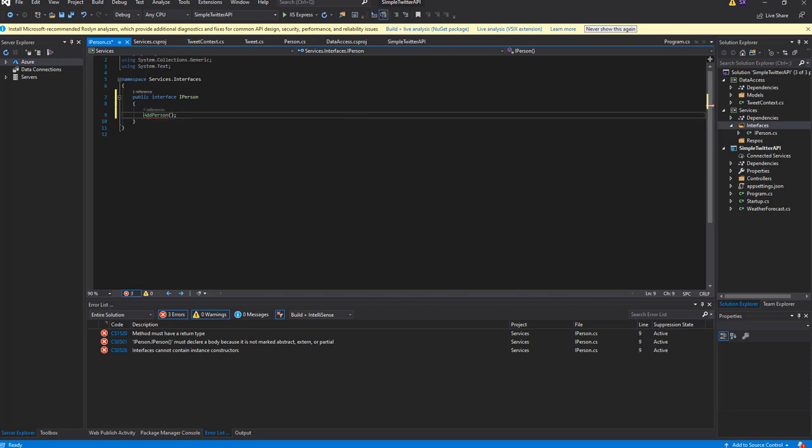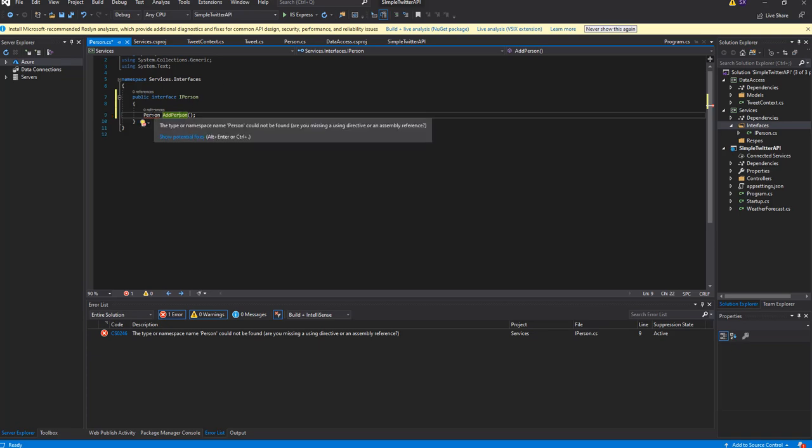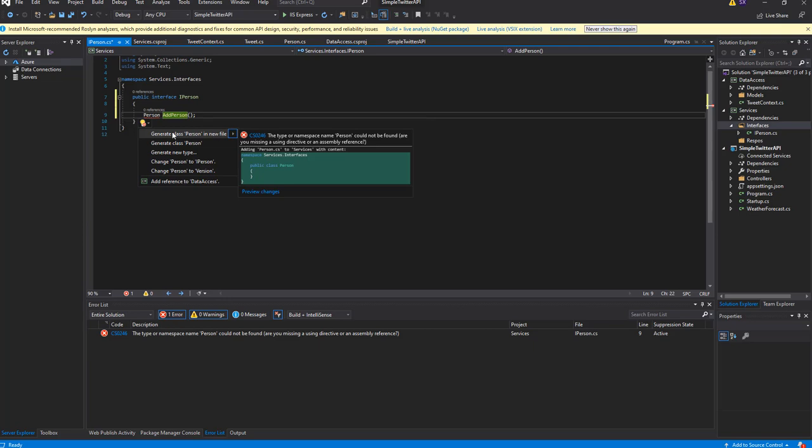And add person will have a return type of a person, right? It can be an integer, it can be anything, but in this case, this particular function, after adding the person, needs to return the person back to the client, and it will complain here because it doesn't know what person is. So now